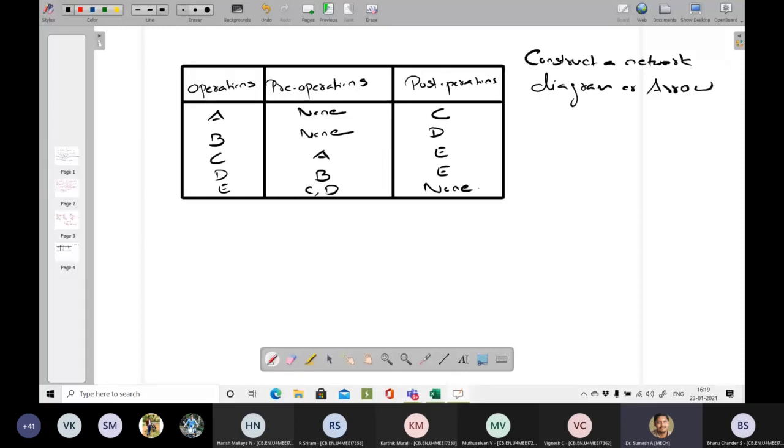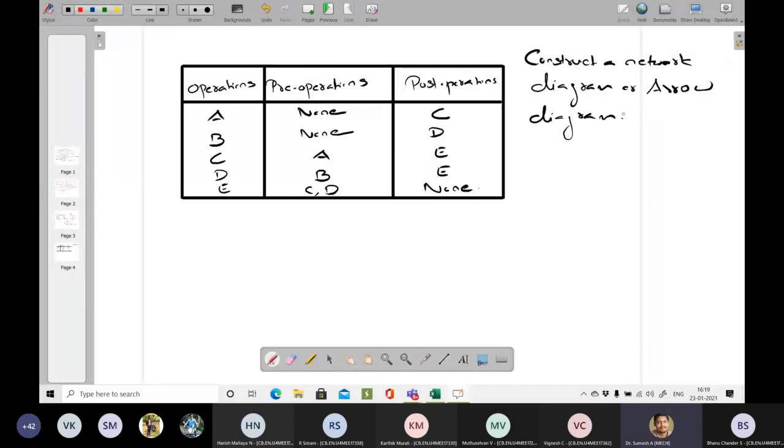Activities A, B, C, D are given. Activities A and B do not have any pre-operation. Activity C has a pre-operation of A. D has a pre-operation of B. E has a pre-operation of C, D.